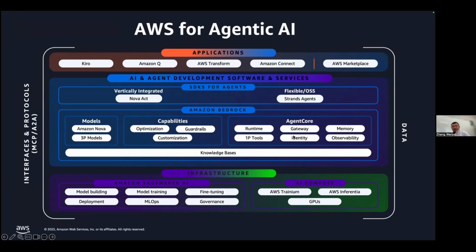So we just used these two services from AWS. Let's have a look at the big picture of AWS offering for agentic AI. Whether you are looking to quickly deploy pre-built agents to boost productivity, experiment with open source tools, or build a fleet of sophisticated customer agents, AWS provides the models, the tools, infrastructure, and expertise to help you succeed. So this is a high-level offering of AWS in the agentic area.